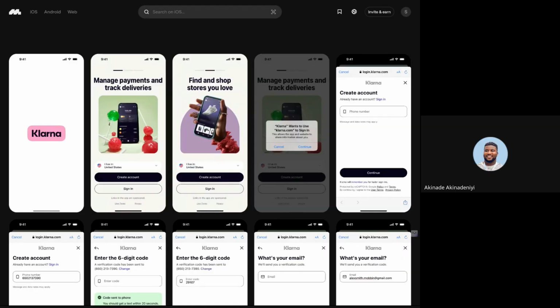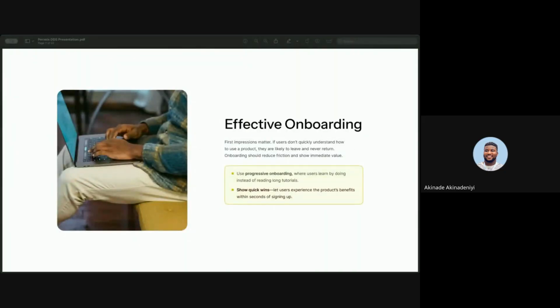So back to my slide now. Yeah, so effective onboarding is very important. A great onboarding experience should make it easy for people to get started with minimal effort. Another example, Duolingo. Imagine you download Duolingo for the first time. Instead of bombarding you with instructions, what they do is they instantly let you start learning unknowingly. It's like they trick you into learning, just like that.